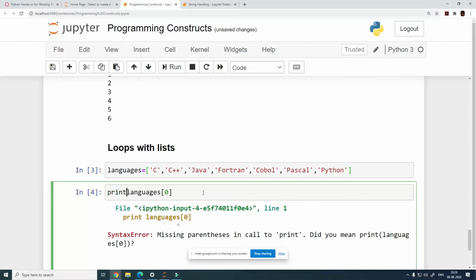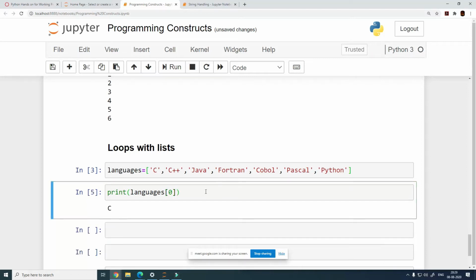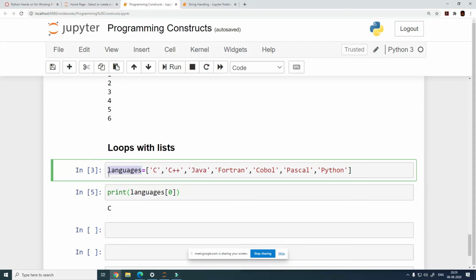Oh, okay, sorry. Use bracket. Yeah. So what is happening? We can pick the individual items from the list by using the index number. When you have this list inside the variable named languages, you have an index number assigned to all of these items in the list. So the first item has an index of 0, the second item has an index of 1, and likewise, 0, 1, 2, 3, 4, 5, and 6. So altogether 7 items in there.